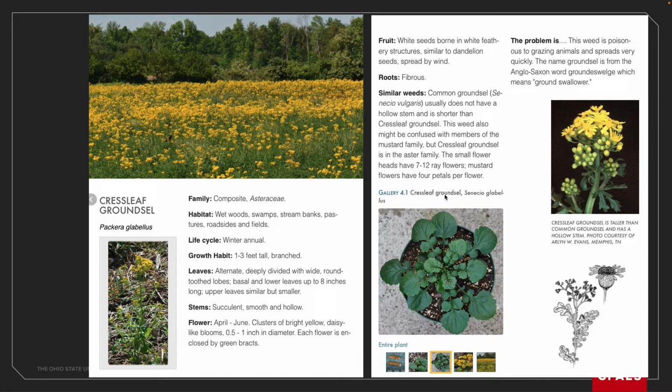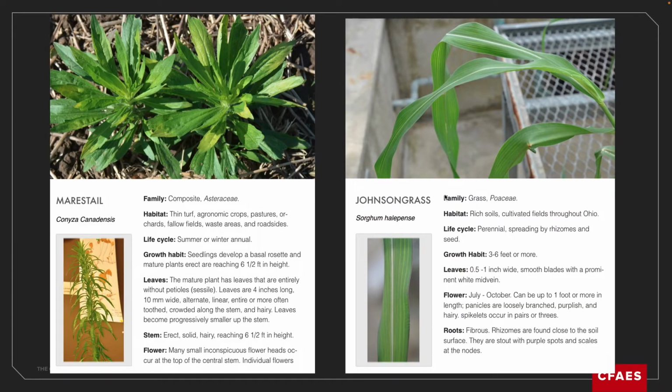And it tends to get ahead of people. They don't scout, and then you come back in the spring, and by the time you realize it's there, you've got large plants with these yellow flowers, and you can't control them. And you have areas of the field where you have to either discard the hay, or just mow it and not bale it. So that's the issue with that. It's pretty easily controlled with fall herbicide applications. In spring, it's just generally tougher to control.